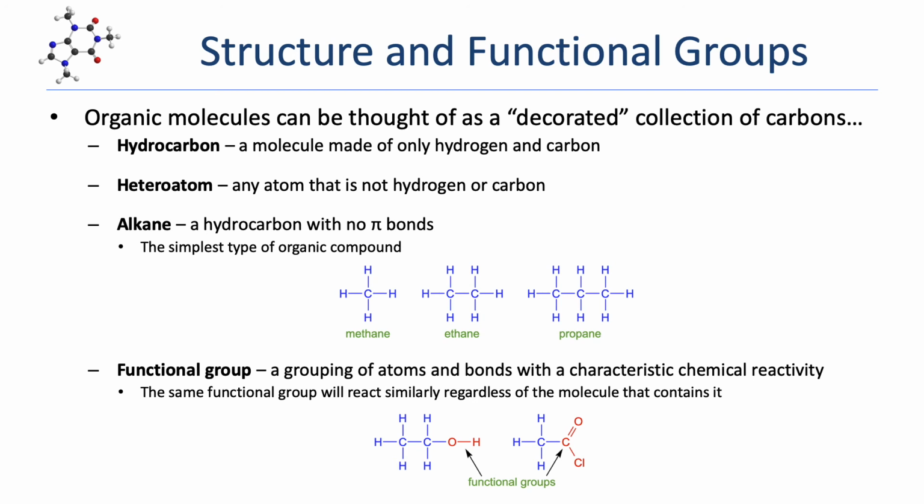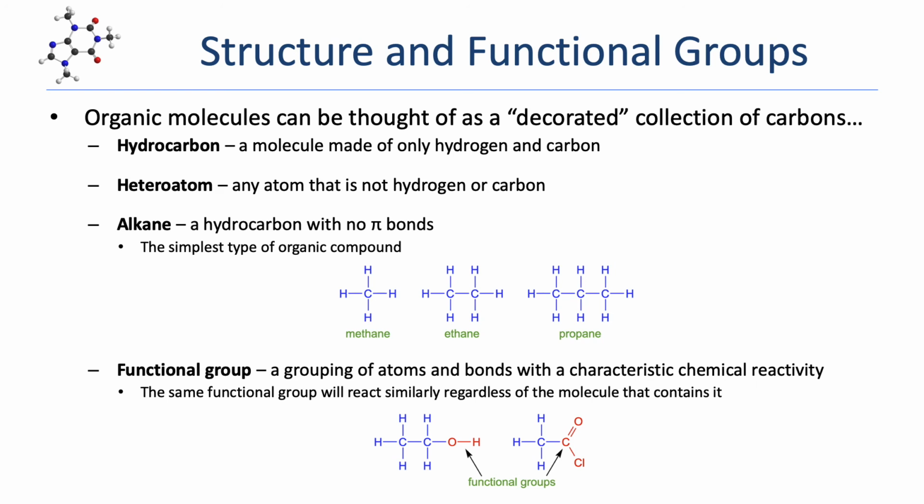Now, the simplest of all organic molecules are alkanes. Alkanes are hydrocarbons, so they have no heteroatoms, but they also have no pi bonds. And remember, that simply means they have no double or triple bonds. So here I've got the smallest three alkanes. A one-carbon alkane, methane, which you're familiar with as the main component in natural gas. We have a two-carbon alkane, ethane, and then a three-carbon alkane, propane, which you're also probably familiar with from backyard